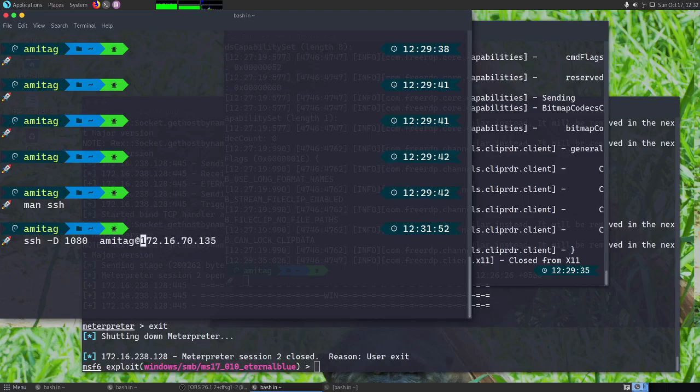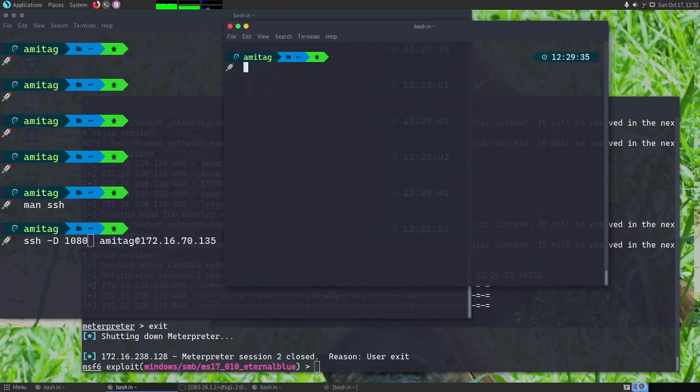And here it can be password based authentication, or it could be passwordless authentication with an RSA based key. It doesn't matter. But here we are giving the minus capital D 1080. 1080 is the local port that will be used.